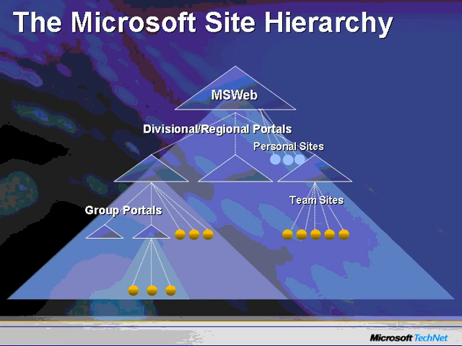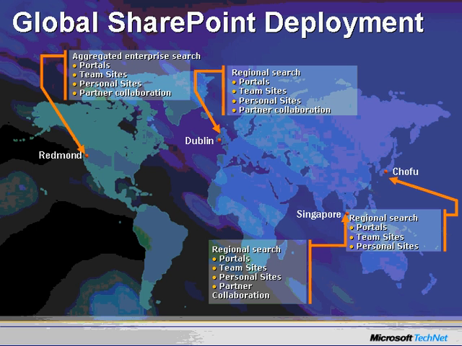Groups and smaller regions and so forth, affiliates out in the regions, what they'll do is they'll actually dock to or associate to those divisions or associate to MS Web, where MS Web will provide search to that information across the globe. And what we've done is we've actually taken our deployment, and Redmond, which is the corporate headquarters, has the aggregated enterprise search. You can find anything across the globe by searching in Redmond. Of course, you have to have the rights because it is security trimmed, but we're indexing all SharePoint information in